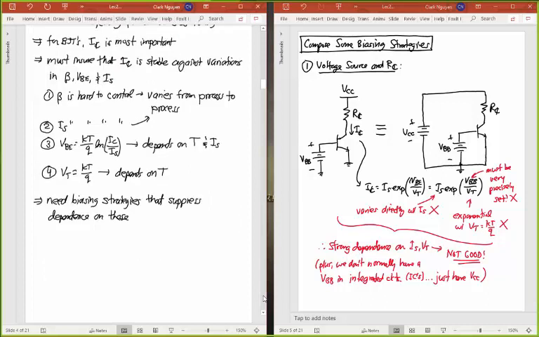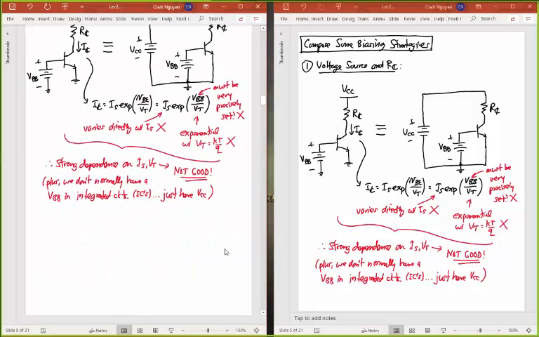Okay, so how can I relax some of the need for extreme accuracy here? And one thing I could do is just alter this a bit to put a base resistor to VCC. So this VBB I don't like here. So what I want to do is just add a base resistor that goes straight to VCC that then establishes a different voltage here at the base, which gives me the right VBE, but also establishes the base current going into here. So let me show a second circuit